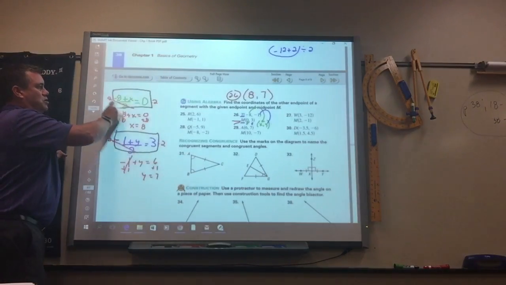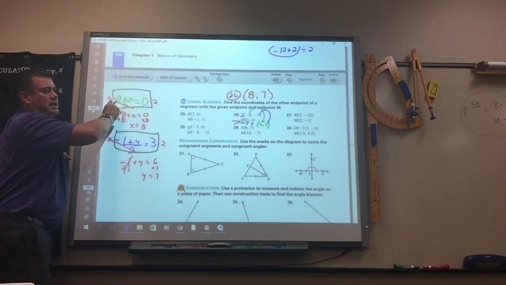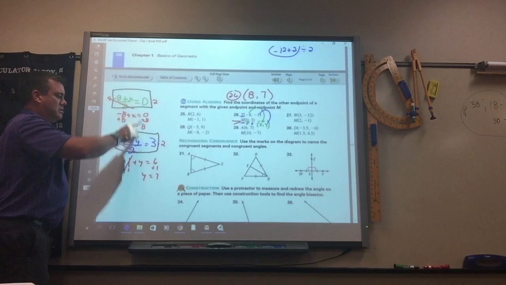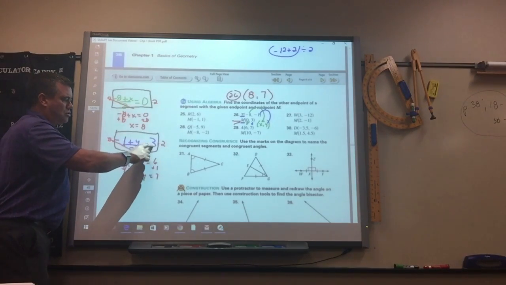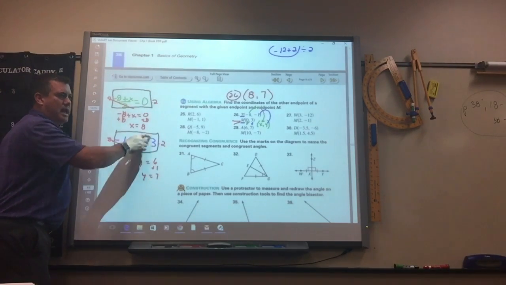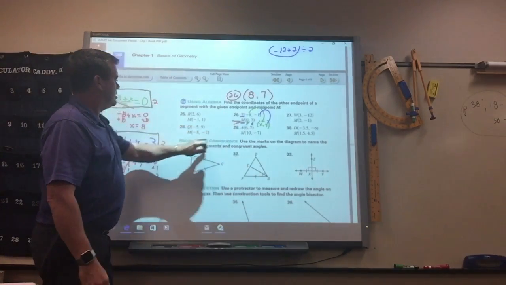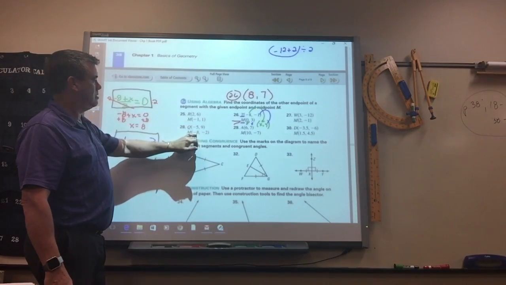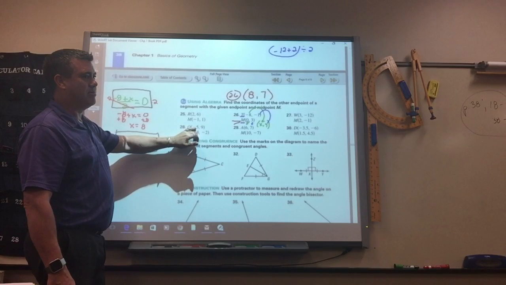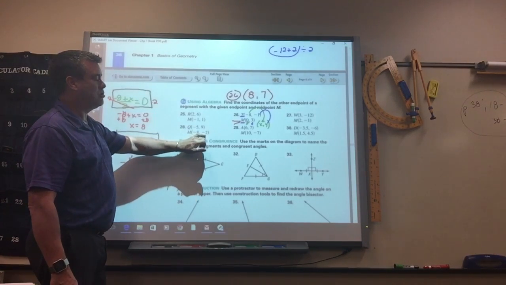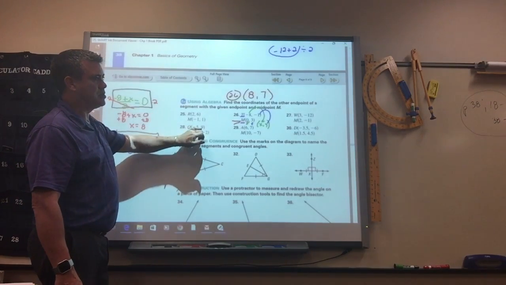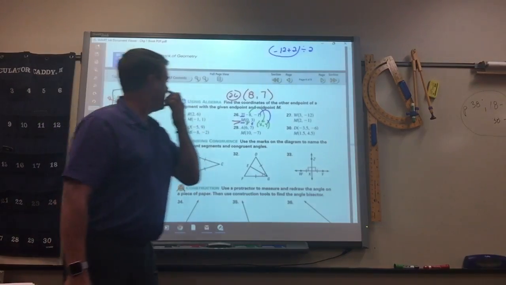That's just solving it, because we took the midpoint times 2, and then we did the opposite of minus 8, we added 8. We took the midpoint times 2, we did the opposite of minus 1, add 1. Wait, that's negative. So take the midpoint times 2, do the opposite, add 5. Take the midpoint times 2, you can do it all in your head. Do the opposite, subtract 9. What? So, okay. Negative 2 times